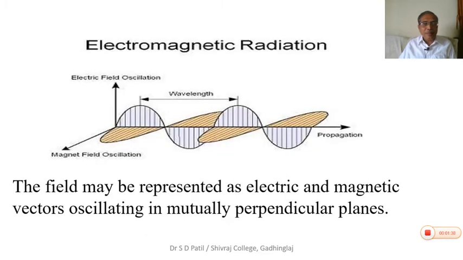So this is a graphic presentation of electromagnetic radiation. The field may be represented as electric and magnetic field vectors oscillating in mutually perpendicular directions. So the electric component and magnetic component both are oscillating perpendicular to each other and also perpendicular to the line of